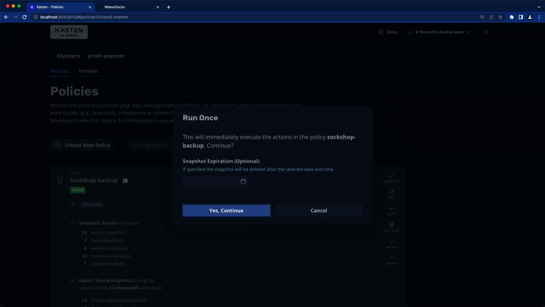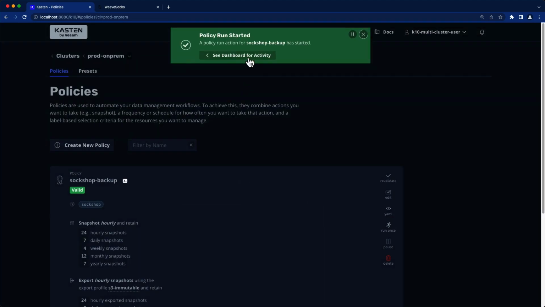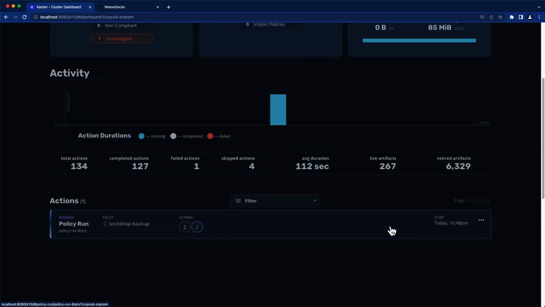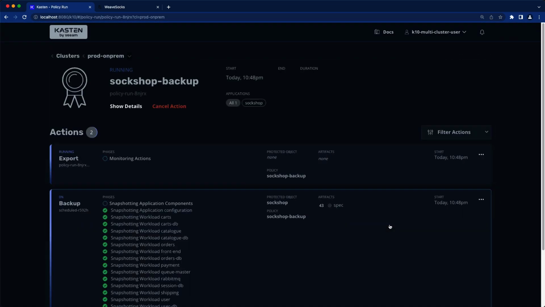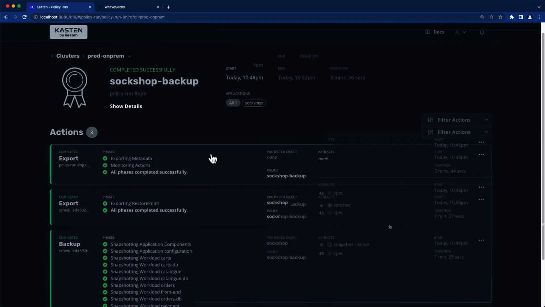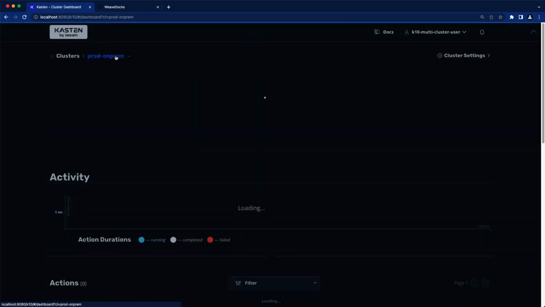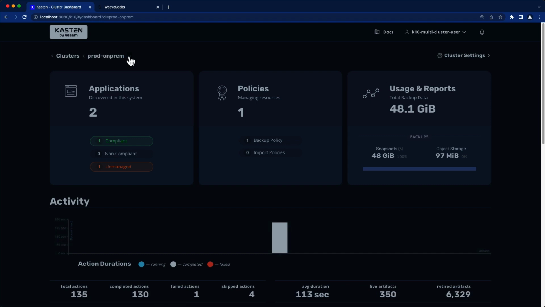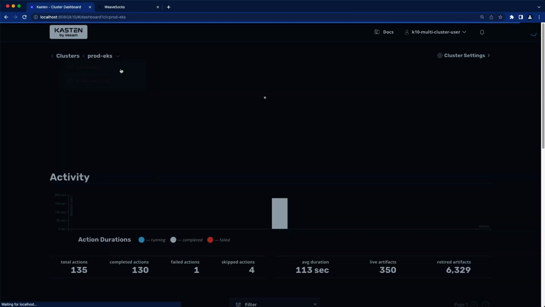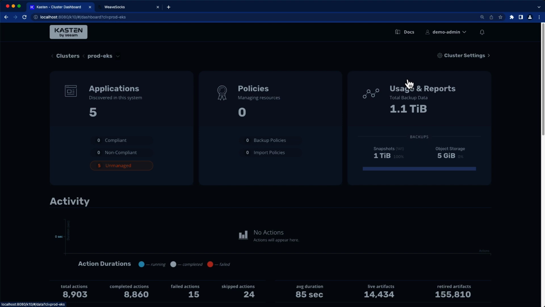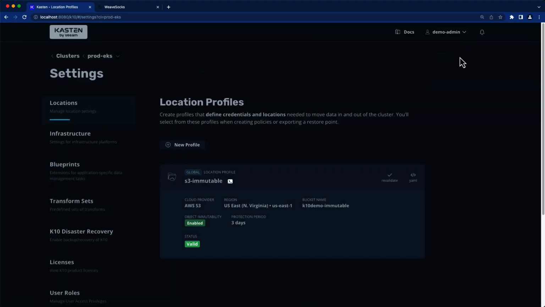Once our initial on-prem backup is complete, we can get to work configuring our DR cluster. Rather than take on significant capital expense for DR, I've chosen to use a cloud-based managed Kubernetes service. But in order to restore my applications, I'm going to have to make some changes. We call these transforms. First, we see we have a location profile configured pointing to the same S3 bucket as